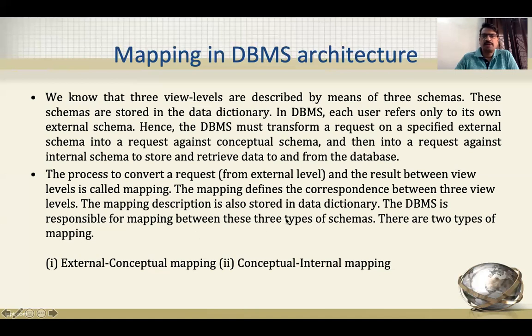Okay, so as we know, there are three levels, right? So there is the external level, the conceptual level, and the physical level. External level is nothing but your view level. Then we have the conceptual level, and then we have the physical level. So how does your request from the external level go to the physical level? It means that, let's say as a user,